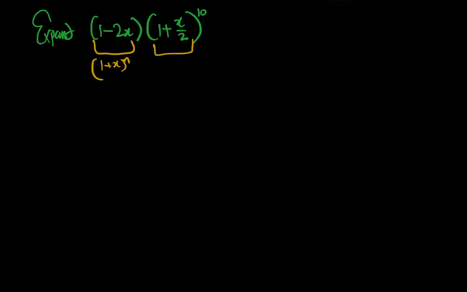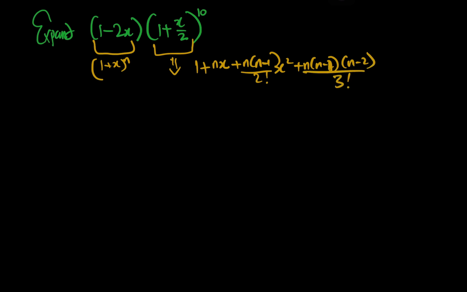And then we bring them together. So if you look at something like this, it's going to be 1 plus nx, plus n times n minus 1 over 2 factorial, x squared, plus n, n minus 1, n minus 2 over 3 factorial, and then you're going to have x cubed and so on and so forth. And then we're just going to plug in. We are looking at only this one. We're going to have 1 plus the n there, which is 10, and the x there